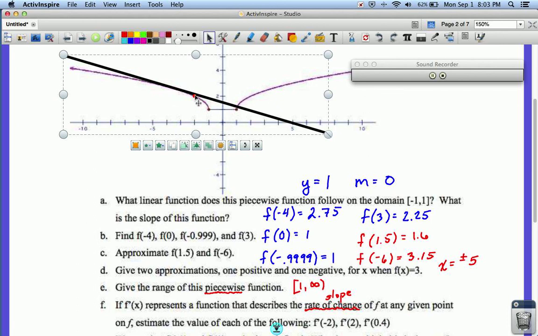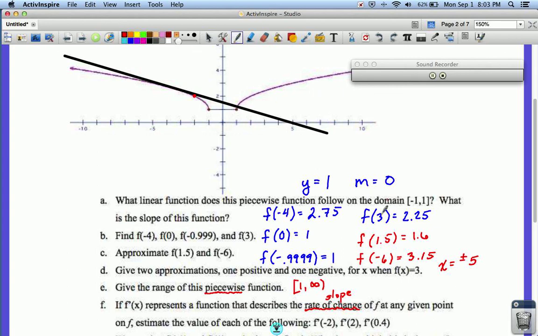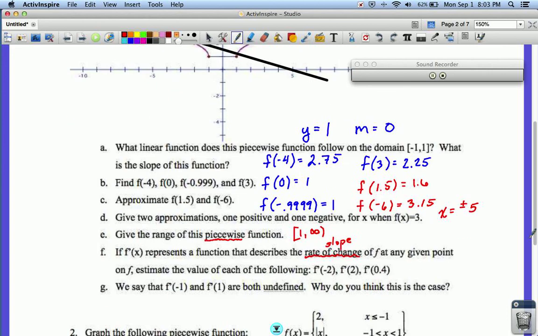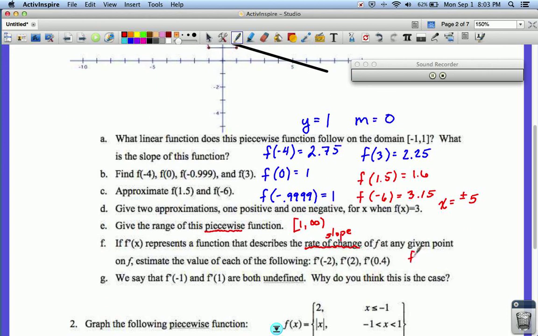Well, I'm going to rise about 2 and run about 5. So maybe negative 2/5 for our slope. So at negative 2, f prime of negative 2 is approximately